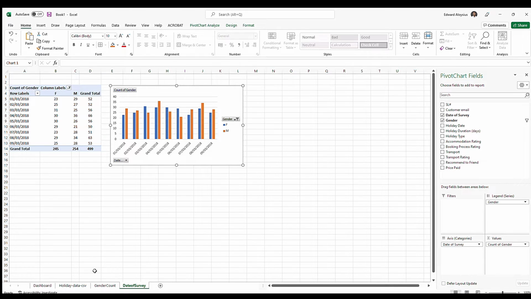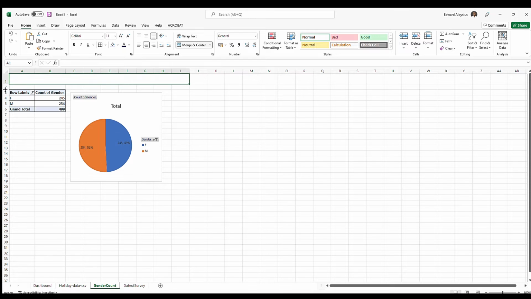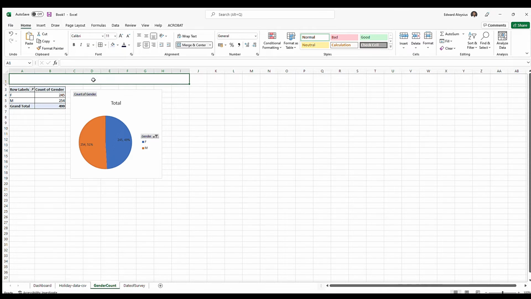Okay, and we can also put a title here, merge this, make it a little bigger and say gender wise, or number of people who